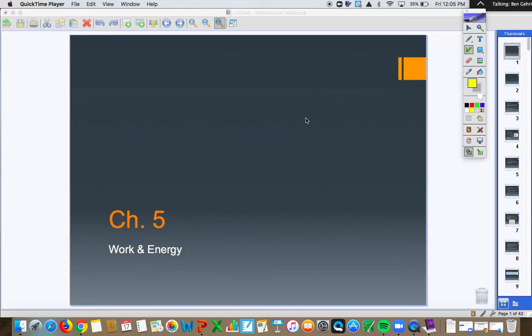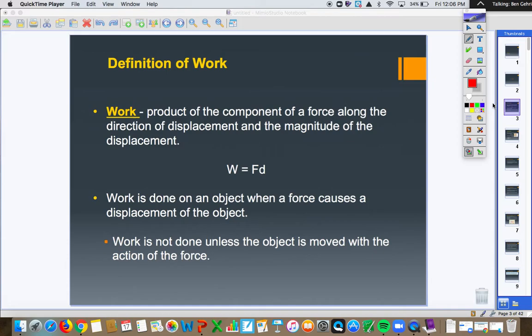Hello and welcome to today's introduction to Chapter 5, Unit 5 on Work, Energy, and Power. So today we're going to talk about work specifically, and we will get rolling. So work, definition-wise, is the product of the component of the force along the direction of displacement and